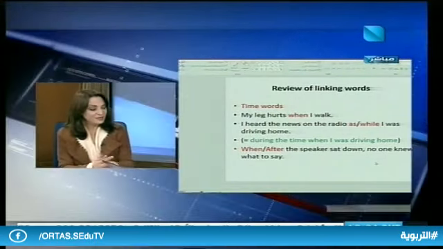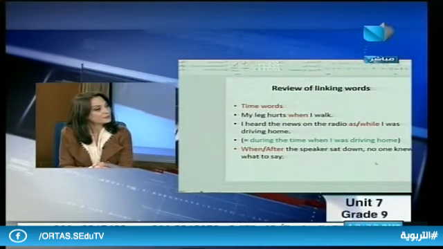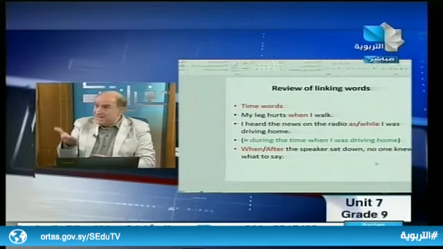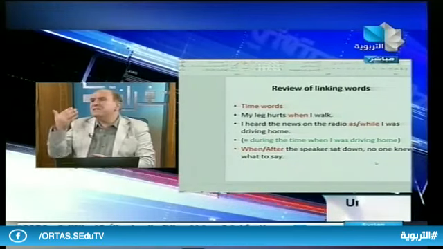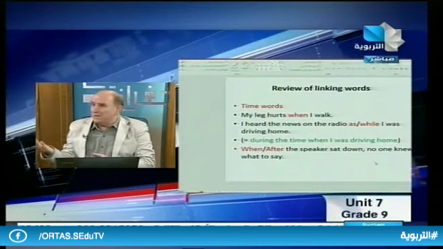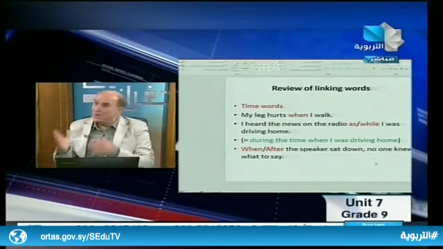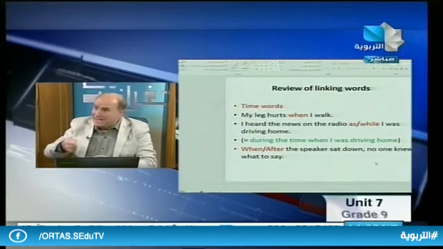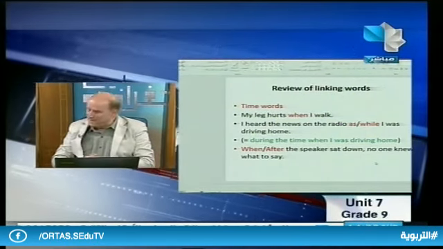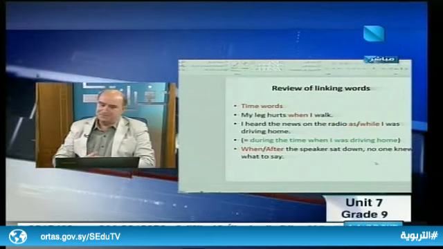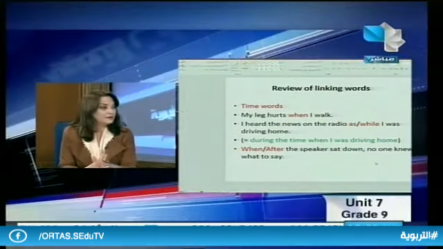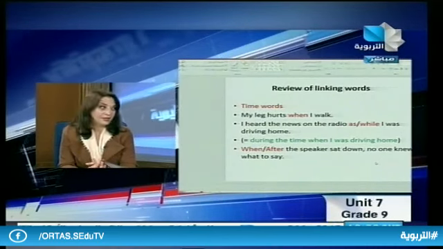So for example, when I see him, here I'm sure that I'll see him. But if I see him, it is probably not sure. So when is stronger in terms of what? In affirming the possibility. Excellent. So time words or linking time words, like for example when, like while, like until,